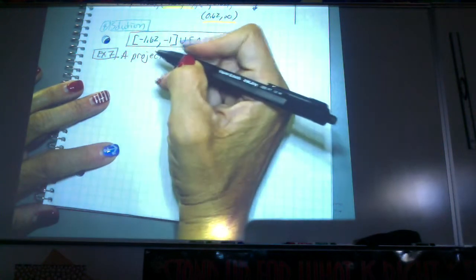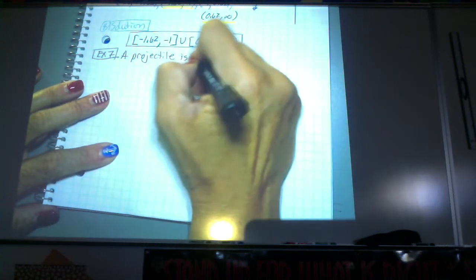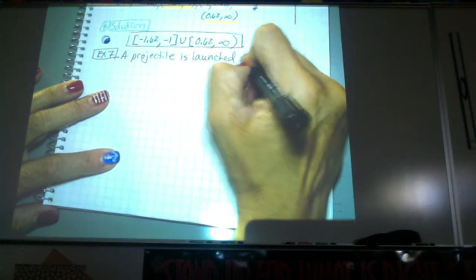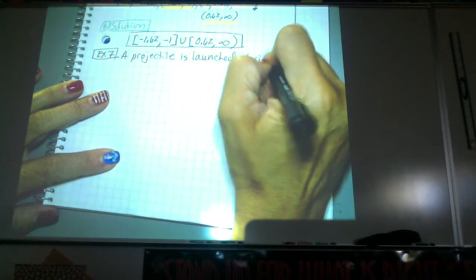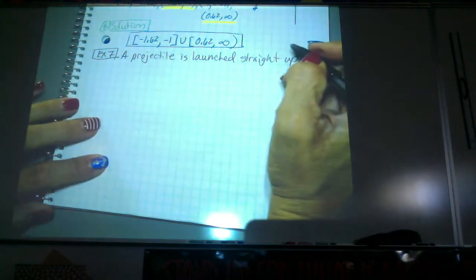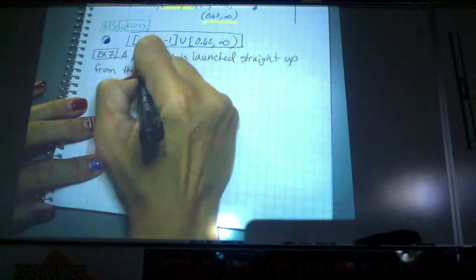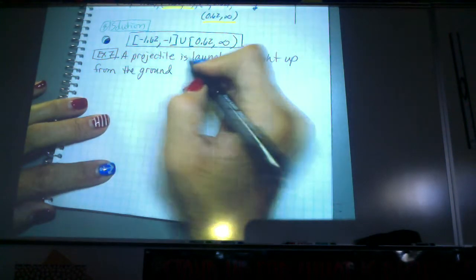A projectile. Your math textbook, for example, is launched straight up. Better get out of the way though. From the ground. That's important. We'll see why in a minute. From the ground level